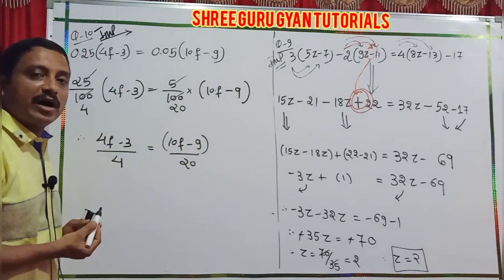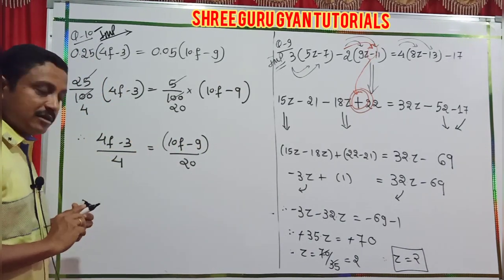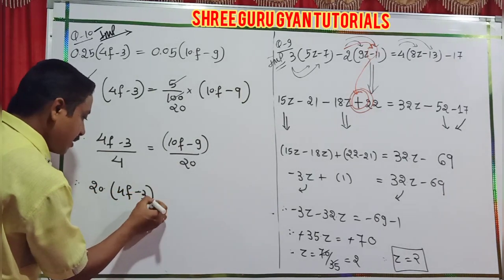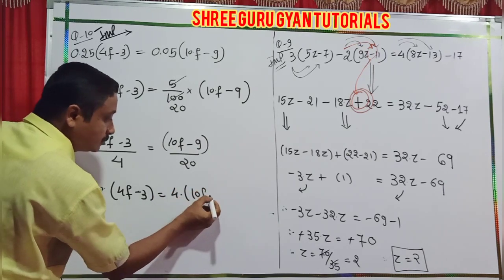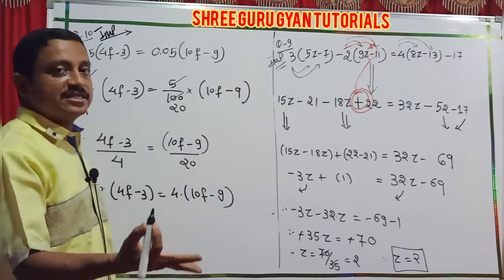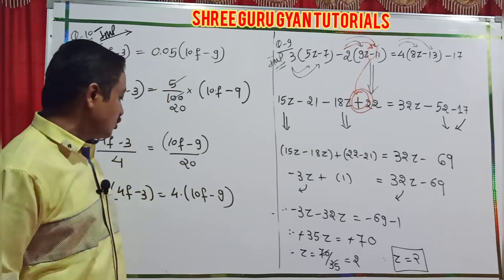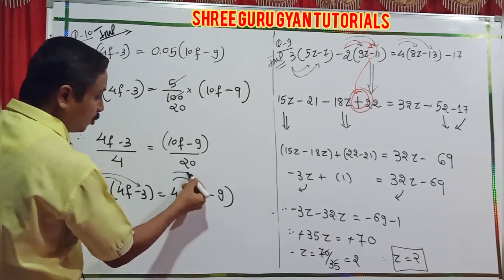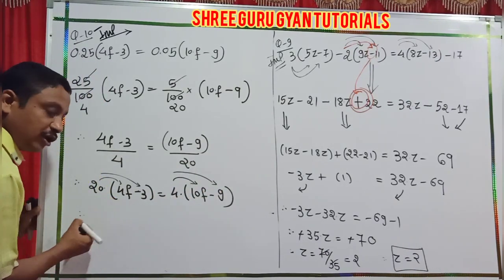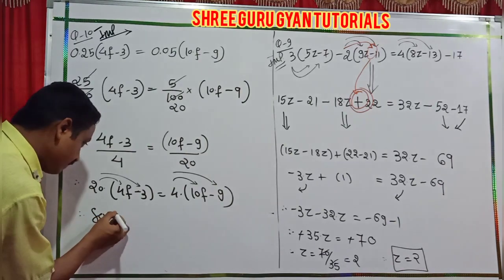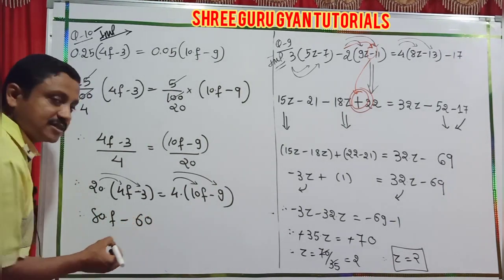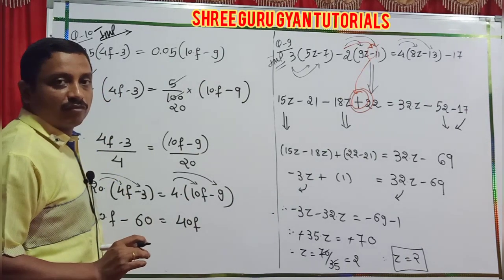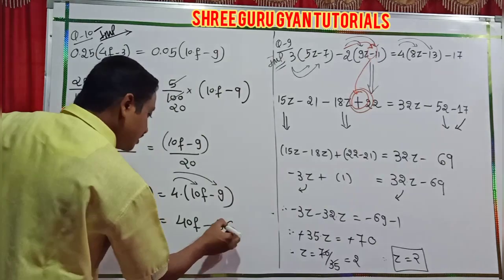Yes. Now I move ahead to cross multiply. So cross multiplying, 20 with the first term and 4 with the second term. Either you take the LCM as you like, students. Both are the same process. Now 20 multiplies both, 4 multiplies both. So here 20 into 4, 80f. 3 times 20, it is 60. And here it is 40f because 10 into 4 is 40. And minus 9 4s are 36.